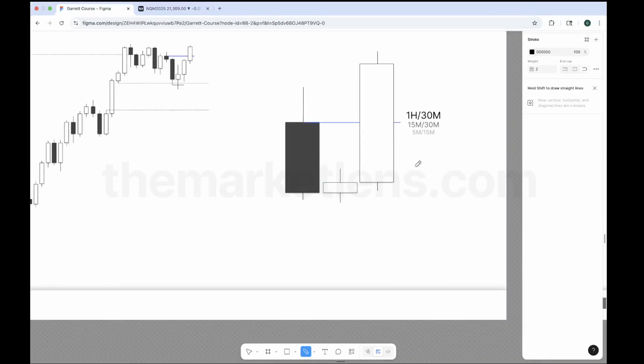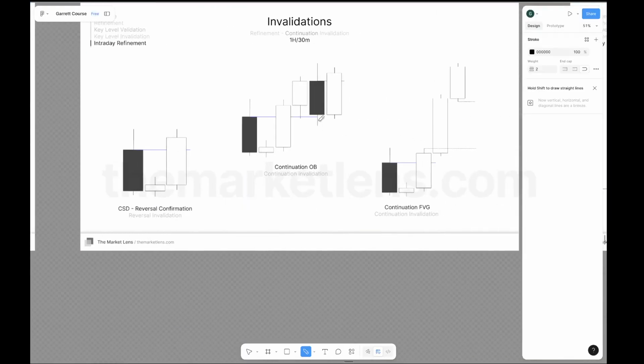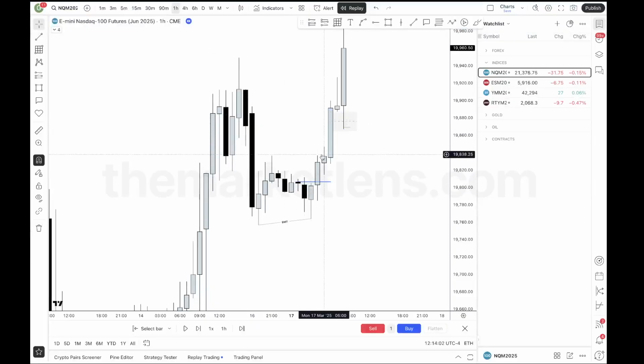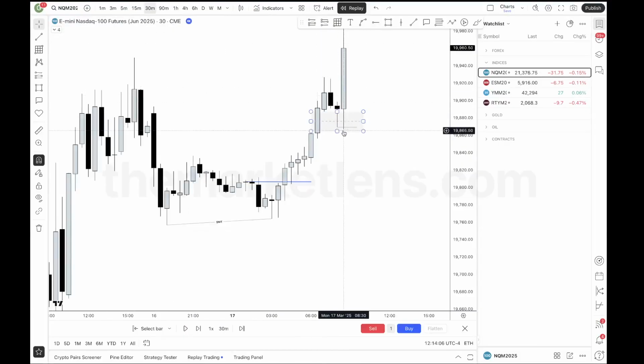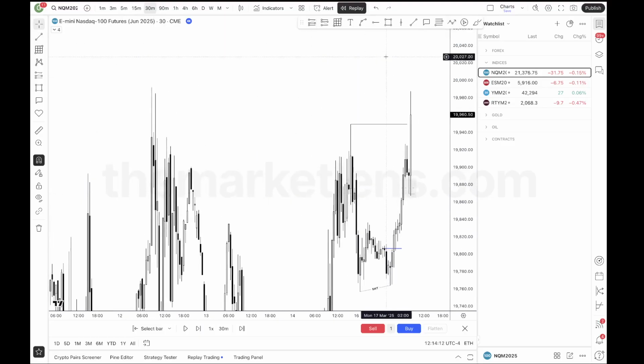And then when price expands away from the CSD, what's it going to create? It's going to create new invalidation points, like order blocks, right, or fair value gaps. This is the first CSD right here. So this is what we get in this scenario. We're creating fair value gaps. So we want this fair value gap to hold, right? So if we already retrace into it prior to the driver, we also want the driver to expand away from the low of day. So here's our first draw on liquidity, but most importantly, it's this high here,